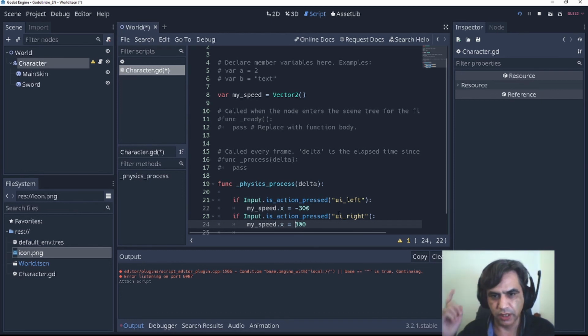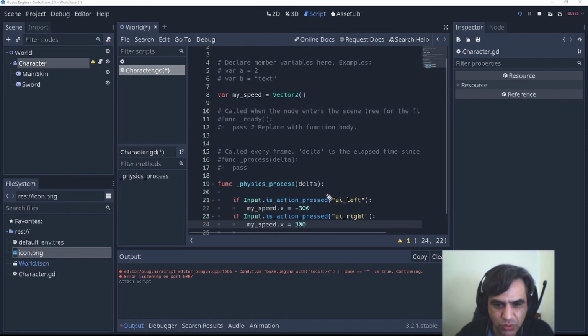One thing that I forgot to explain: what is a vector? A vector is more or less like a place in memory. A variable is a place in memory. In this case, because it's a Vector2, it has two places in memory, more or less.